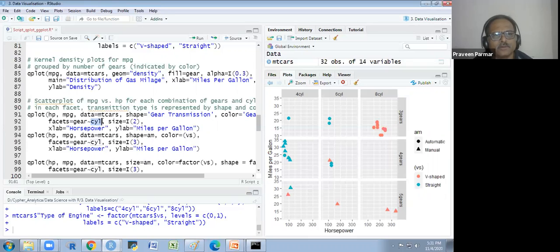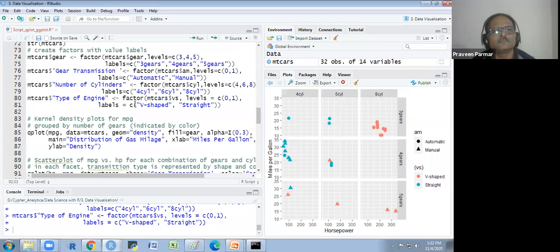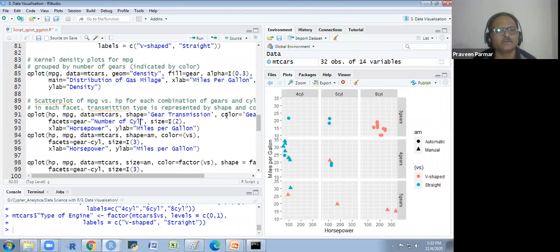It is the number of cylinders. And I run it.